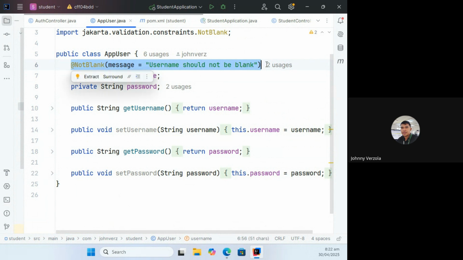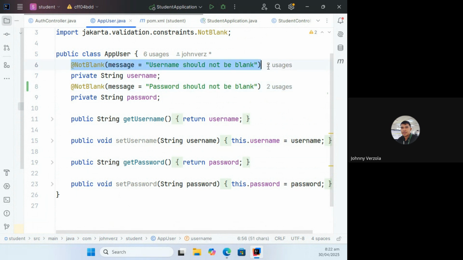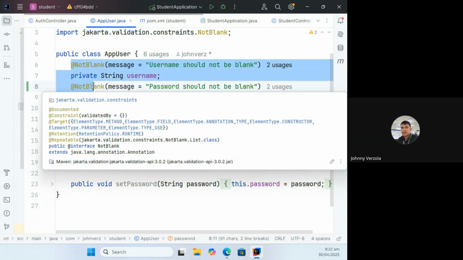By the way, we should also repeat that for this password. These are validation rules that we want our program to consider after the user clicks the login button in the sign-in page. This is also called server-side validation. We will see how it's used later on.